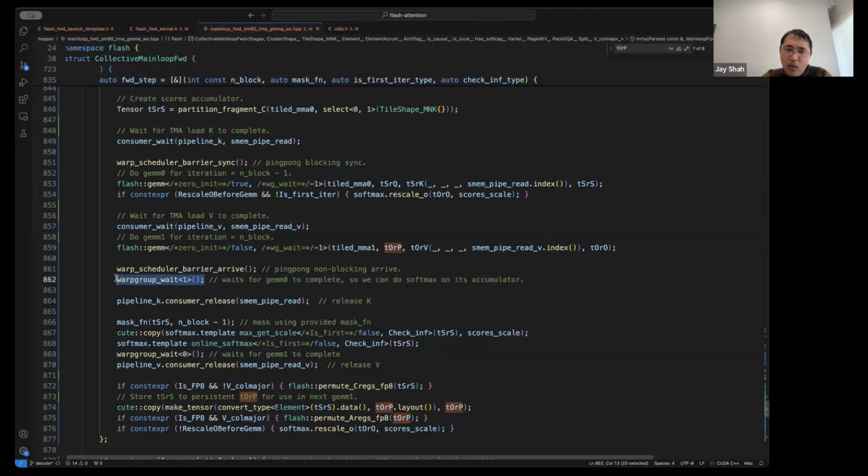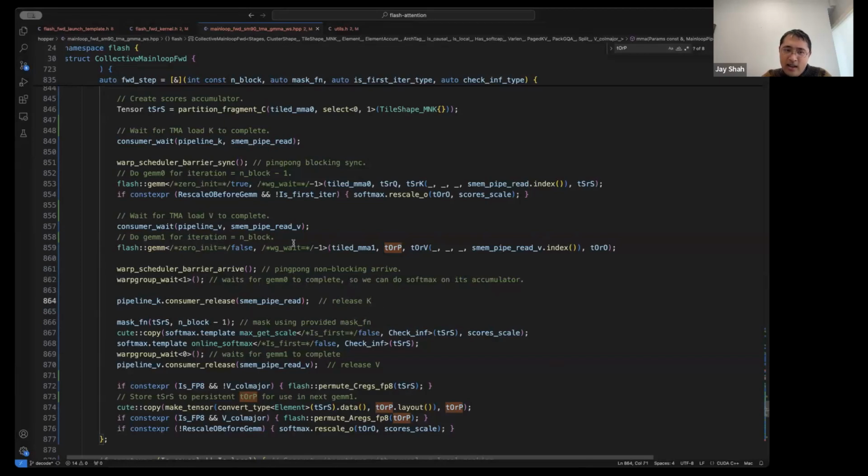I then have warp group wait 1 here, which waits for this one to complete. So at this point, Q times K transpose on the next iteration has completed. P times V is not known to complete.